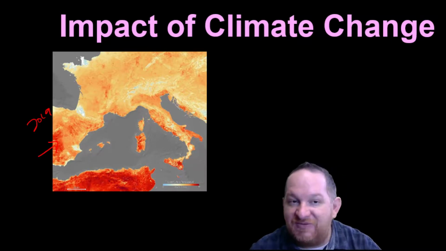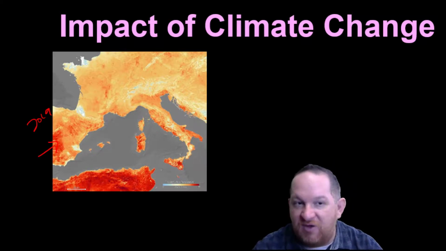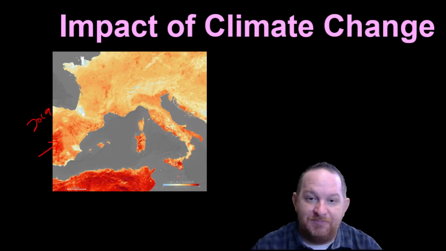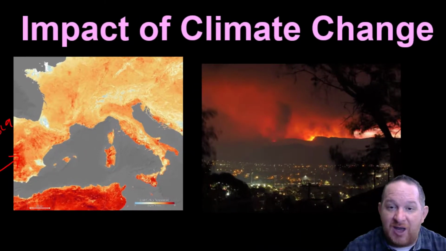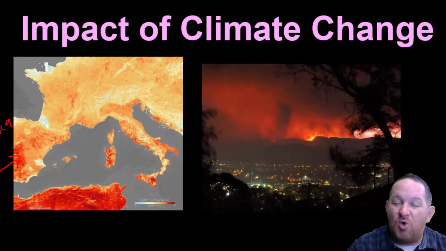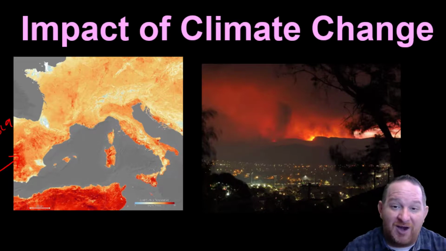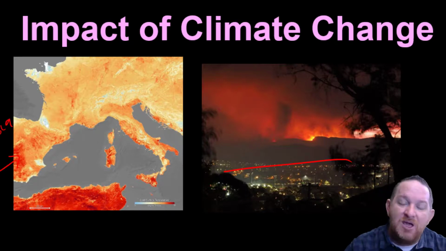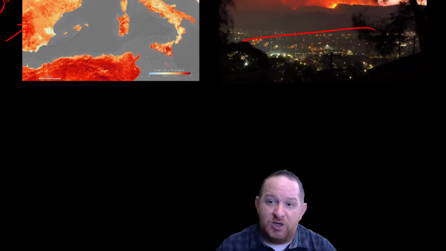And what we're going to see is that we're going to have more of these record heat waves throughout Europe, throughout the Americas, throughout different parts around our country. Those heat waves and the dryness created by them cause these horrible fires. You may remember back to the brush fire in Australia that was so horrible and was wiping out so many species. These things are a direct impact of climate change that's already occurring.